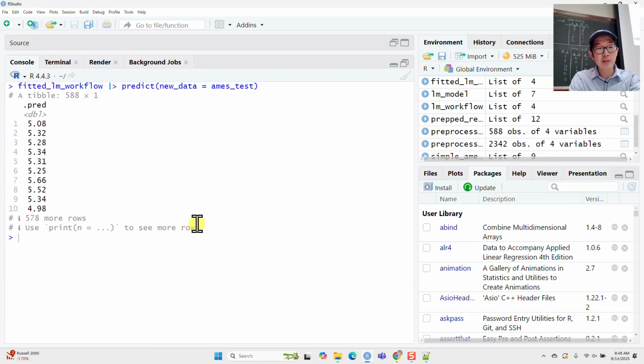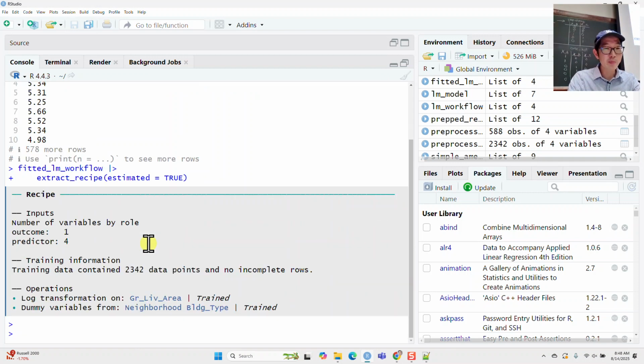When you have workflows, it sets everything up very quickly, but you have options to inspect any of the steps along the way. So if you want to look at what your prepped or baked data looks like, you can extract the recipe